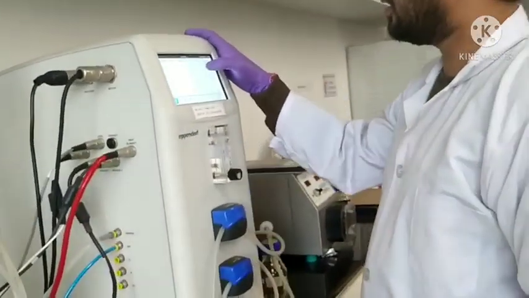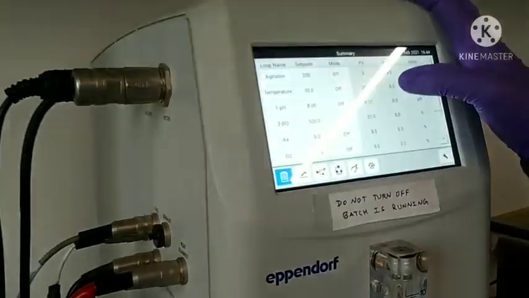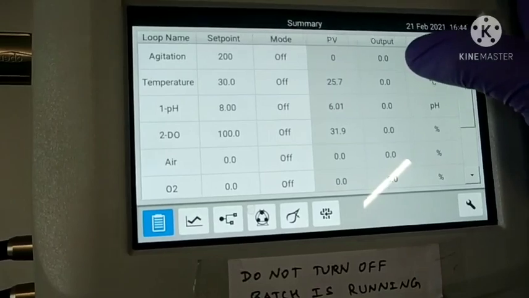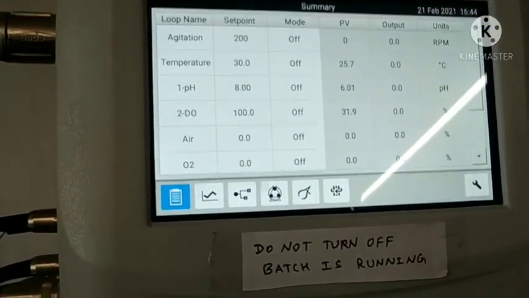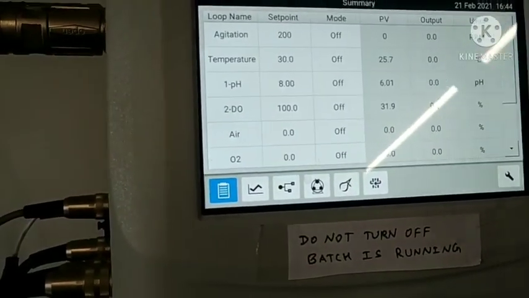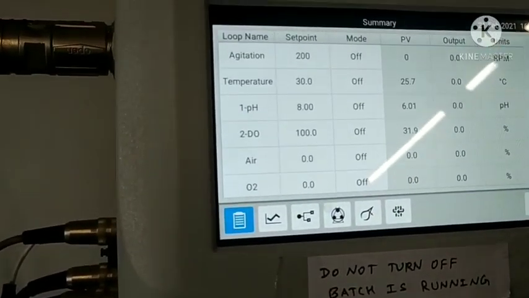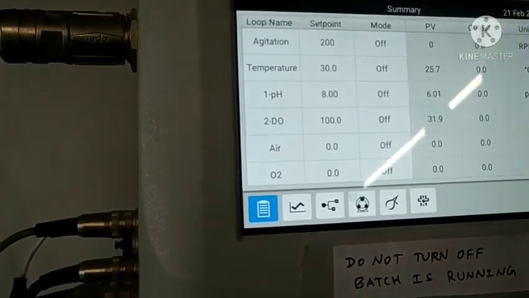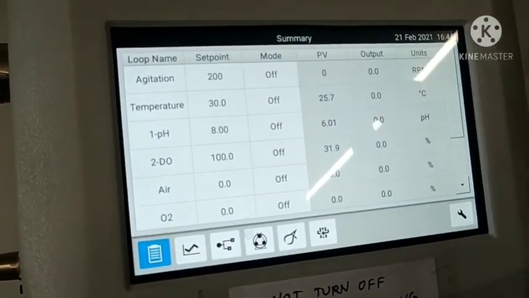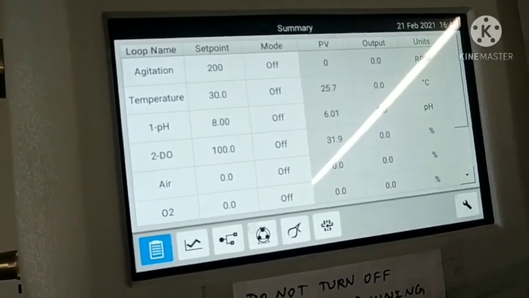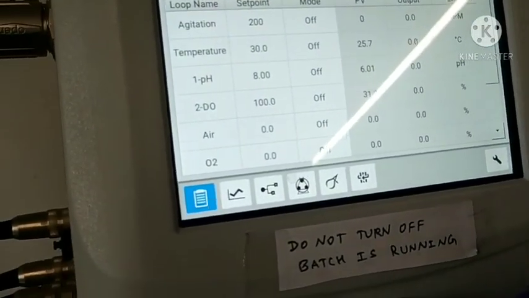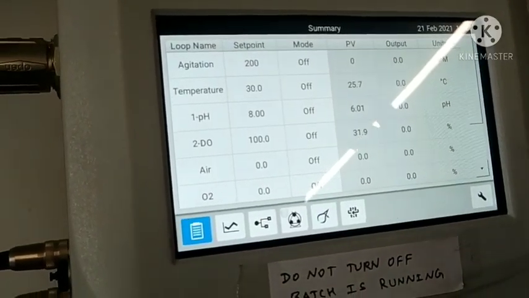You can see there is another point for output. There is the output percentage. If the requirement of this addition is high, it will show an output percentage like 50-60%. When the temperature is 30 degrees and you want to go to 50 degrees, it will give a high output. When the temperature reaches 45, it only has to go up 5 degrees, so this output percentage reduces, so that you just flow in between those 5 degrees only, not a 20 degree increase. Accordingly, this helps you maintain control of any kind of parameter of this fermenter.